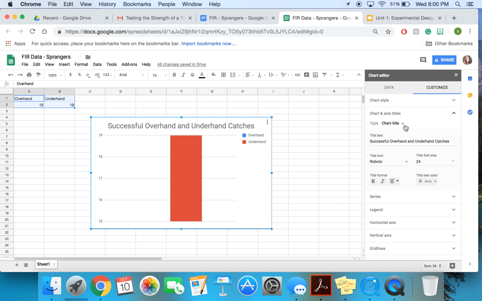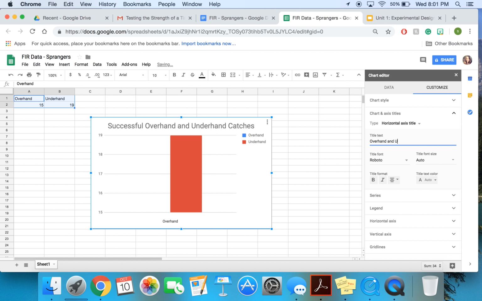From there, let's see. We can also change our axes. So you can see it's a chart and axis title header. And actually, this is somewhat hard to find, but if you go to type, you change chart title to horizontal axis title. And so that's going to be our horizontal axis, so our x-axis if we're using those great math terms. So for our horizontal axis, we'll type in, well for me, it's going to be overhand and